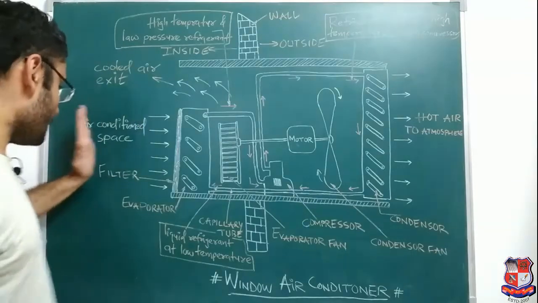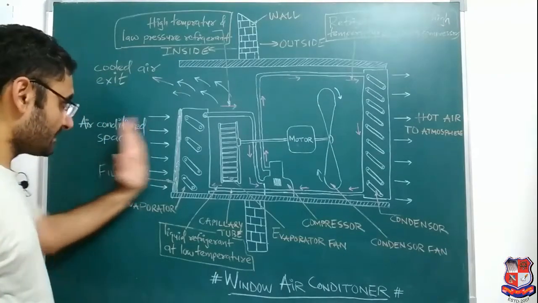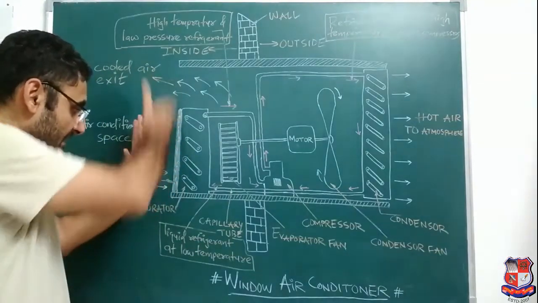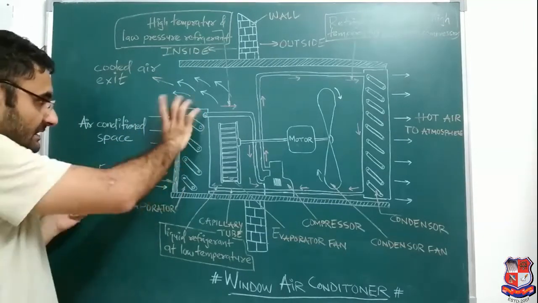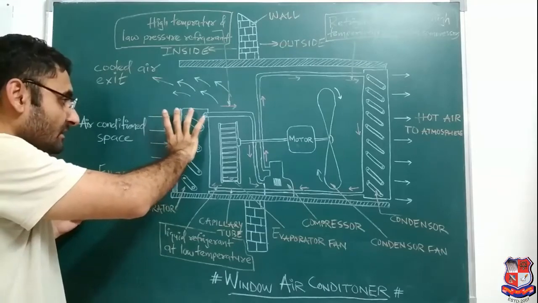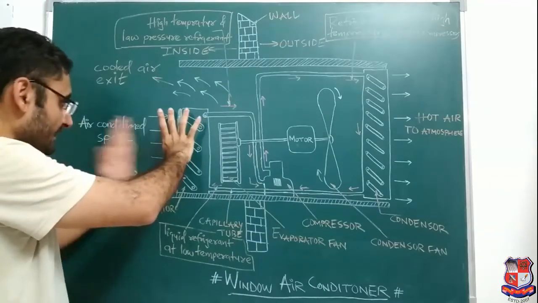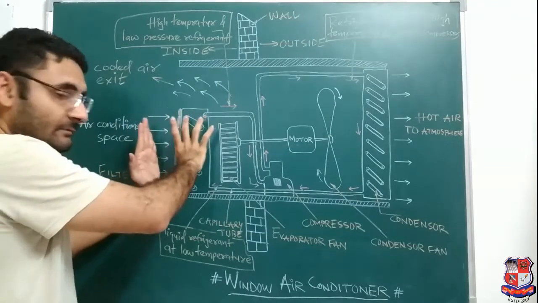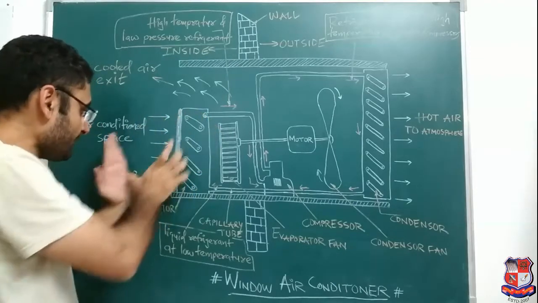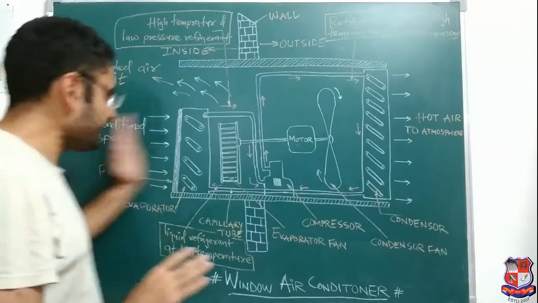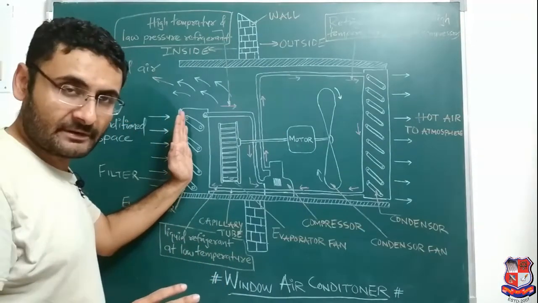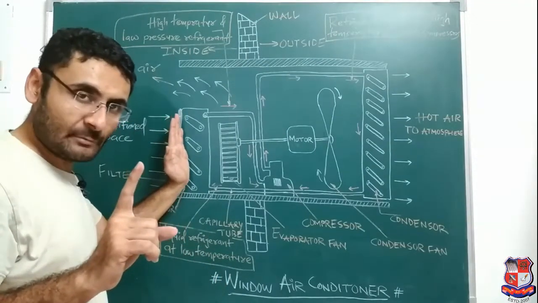Okay. So now, when that high temperature air comes in contact with the filter, that dark portion is known as the filter. Somewhere I wrote that it is the filter. Now what will the filter do? Whatever air enters the evaporator, before entering, the filter will absorb the dust particles. That means clean air will pass through the evaporator. So number one, dust particles are removed.